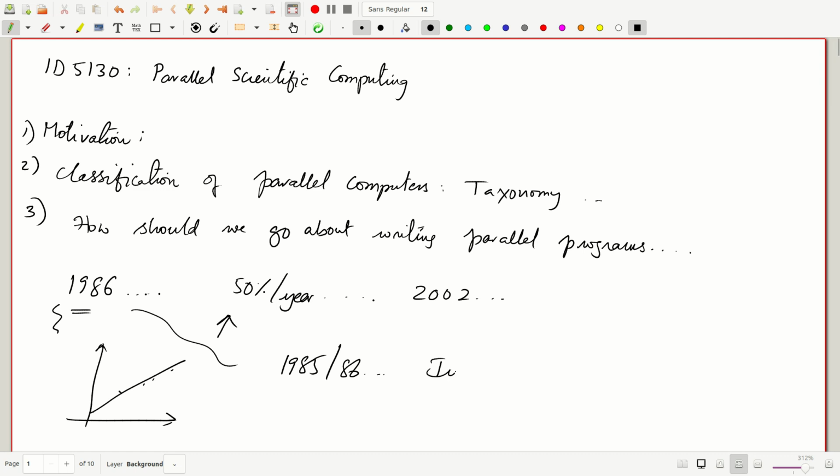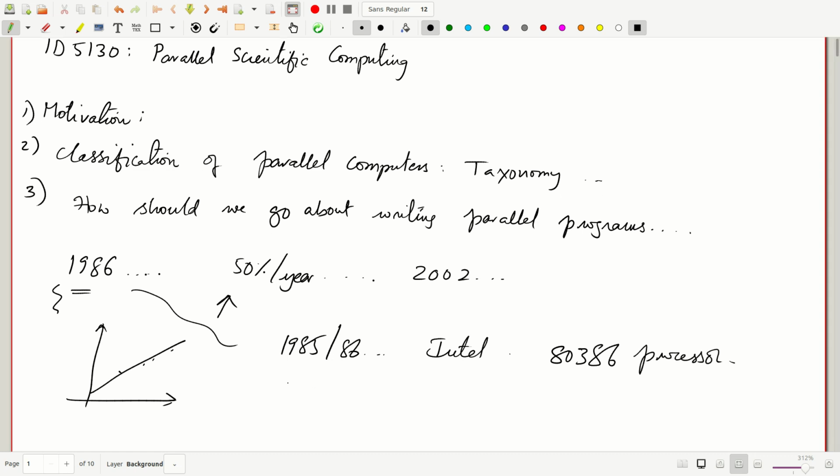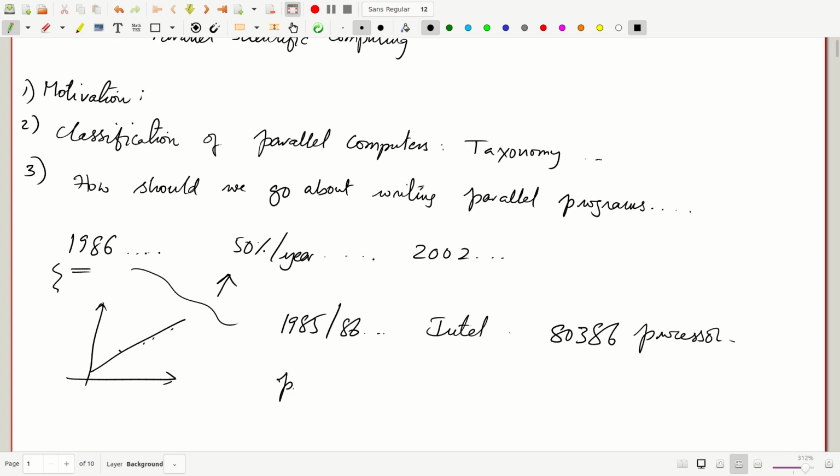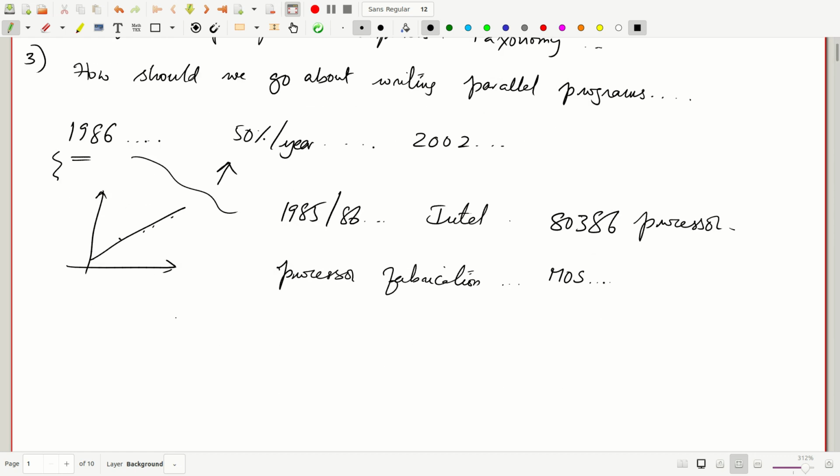the famous 80386 processor that relied on a new technology of processor fabrication, which is known as metal oxide semiconductor technology, or MOS technology,